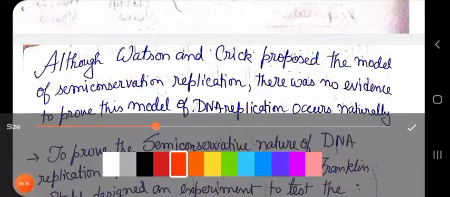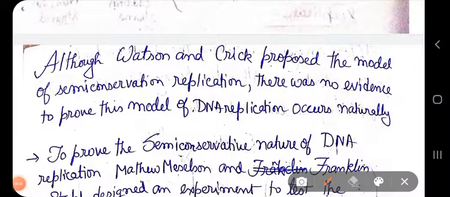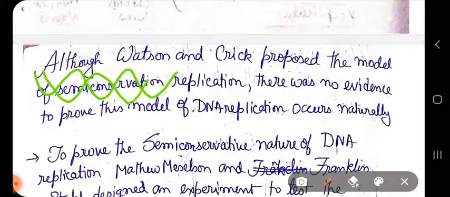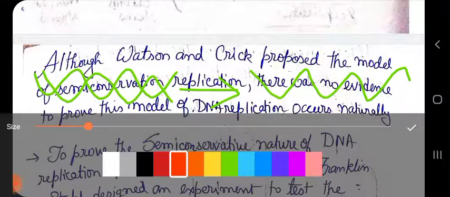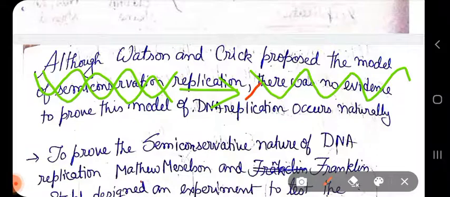If I draw the diagram, I have already shown you the diagram, but I will try to draw it so that you can imagine. This is the normal parental strand of the parent DNA. Now, when the DNA molecule is replicated, the newly formed DNA molecule will have this parental strand and it will contain a newly synthesized DNA strand, the red one. Just like this.